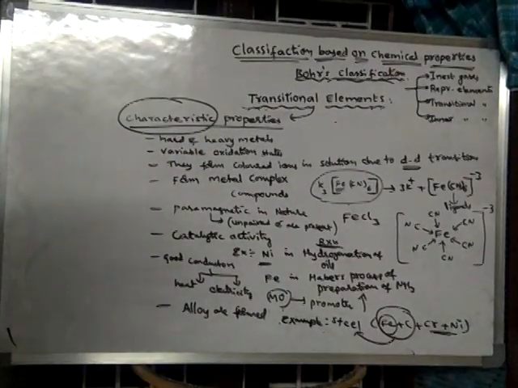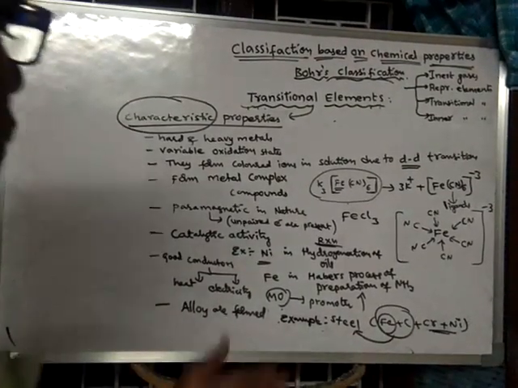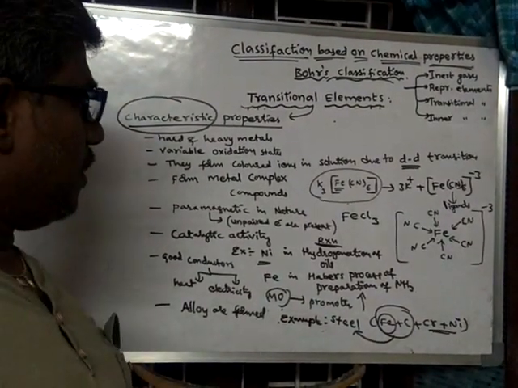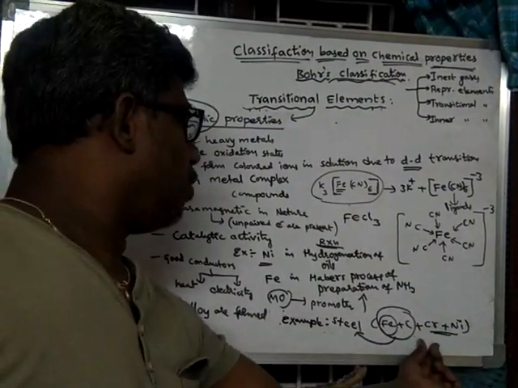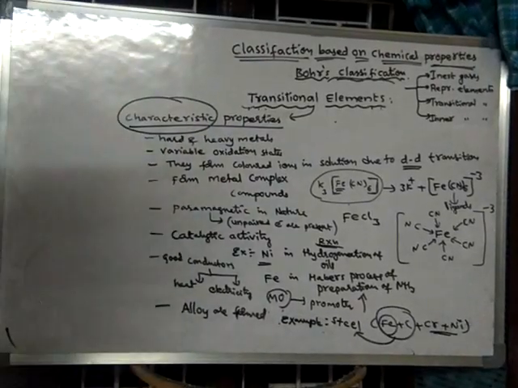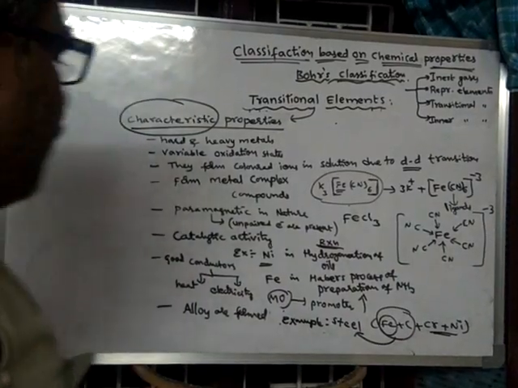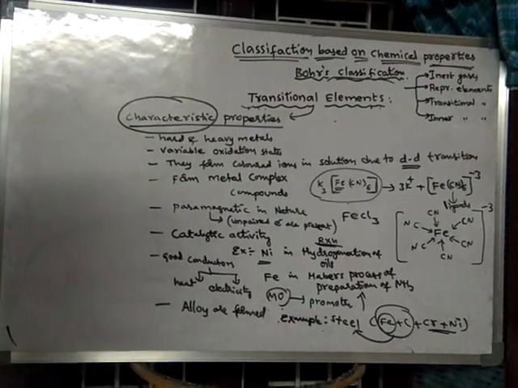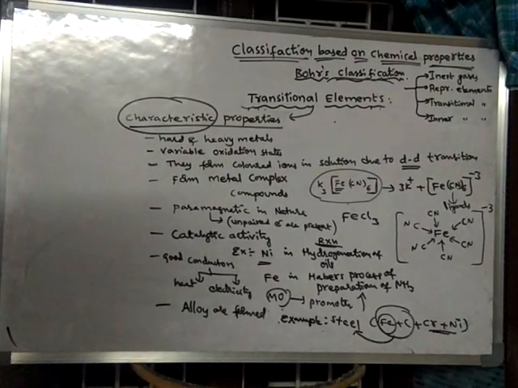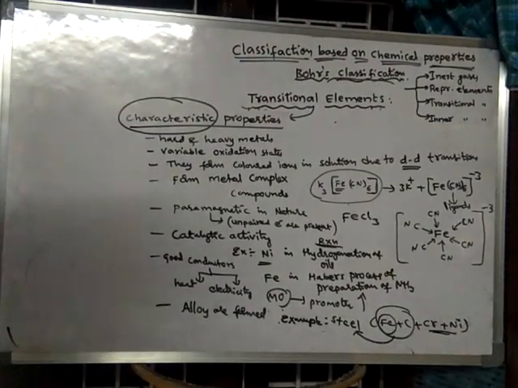The long rods we use for construction are nothing but steel rods. Some metals are also mixed with steel in order to prevent rust formation. When these metals are mixed with steel, it is said to be stainless steel. So stainless steel, or steel, is an alloy. Like this, there are so many very useful alloys, like brass, bronze, gunmetal.